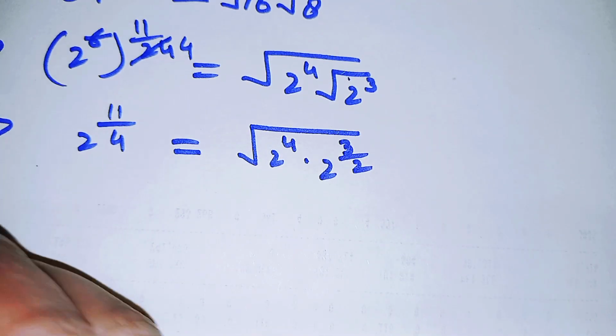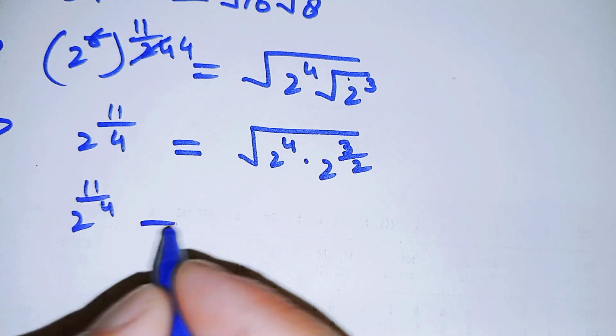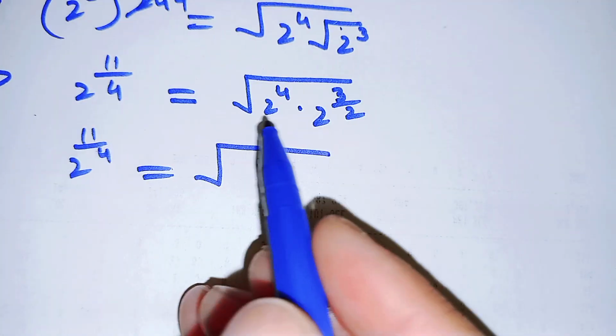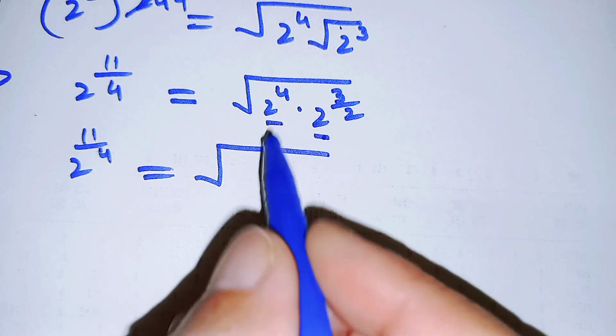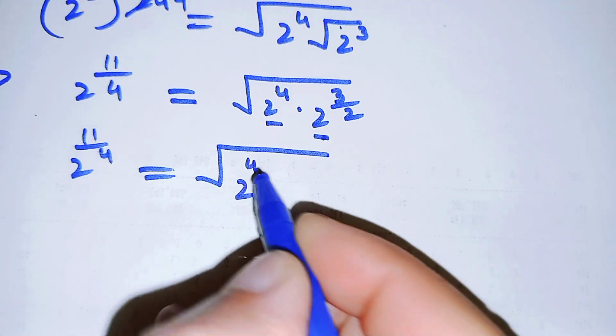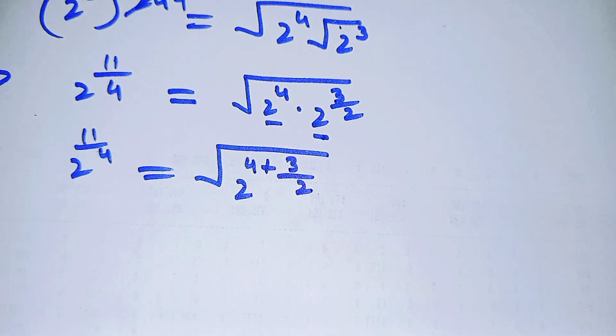So this to the power of 11 over 4 is equal to square root of, here the bases are same, and so it can be written as this 2 to the power of this 4 plus 3 over 2, and now